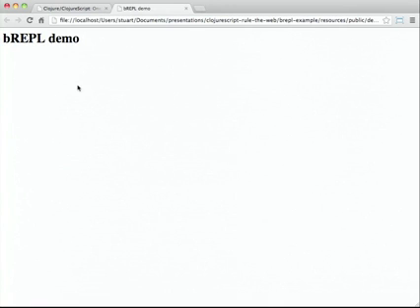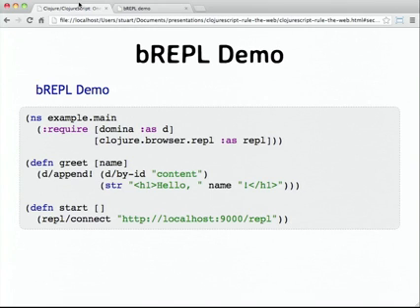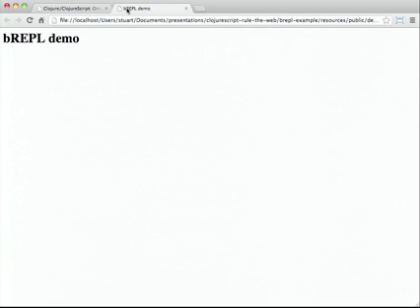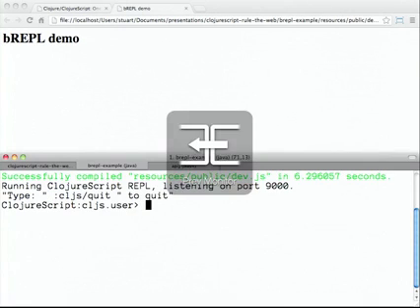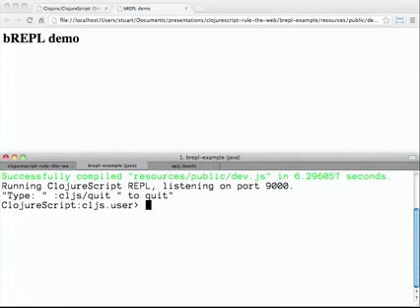So I have there a window which is running this compiled ClojureScript code that starts the browser REPL, and it defines one function, greet, that's going to write a little bit of text into the DOM. Then my browser REPL client is actually running in a shell, running in the console. So, you know, I can evaluate